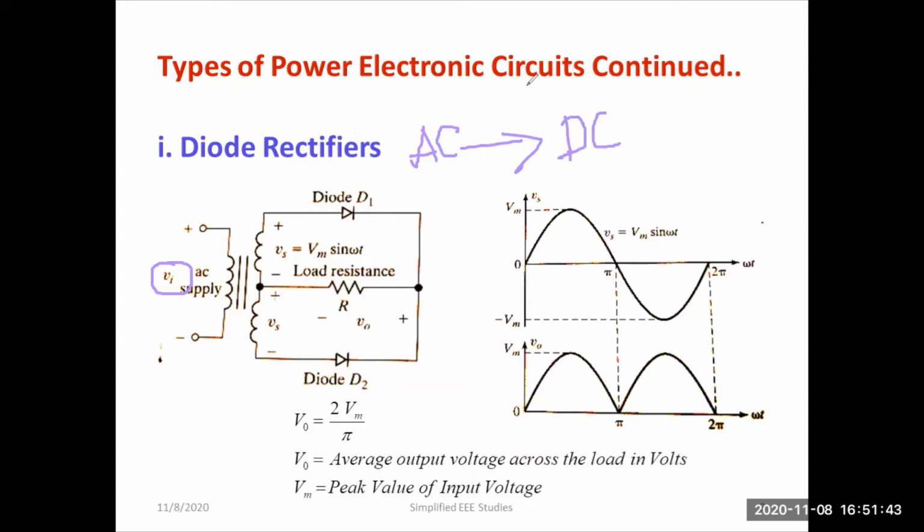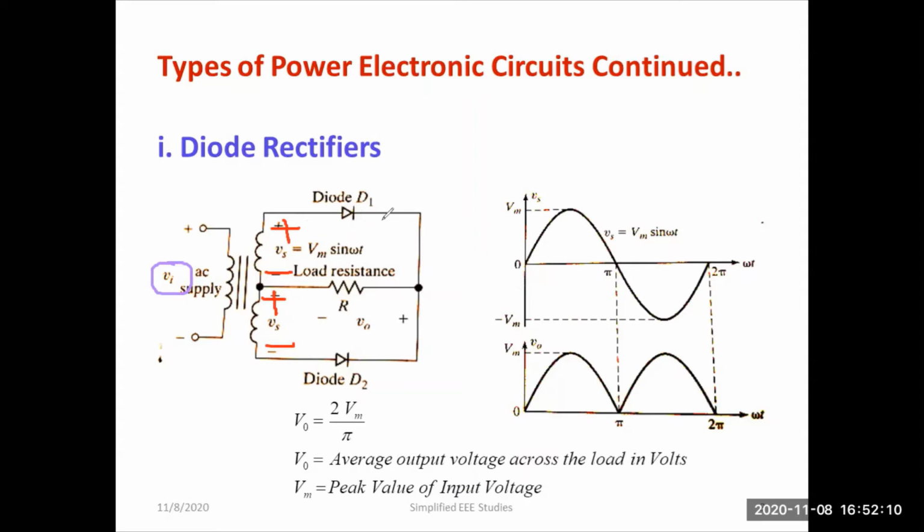Now let us see how it operates during the positive half cycle. First and foremost, you need to mark the polarity. Positive should be here, negative should be here. Moreover, positive is here and negative is here. Now let us understand. In the upper side, you can observe the direction of current. You have to mark the direction of current. Current always moves from positive to negative. So I can mark positive to negative.